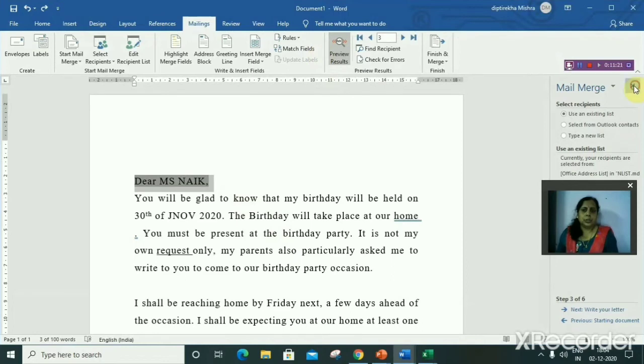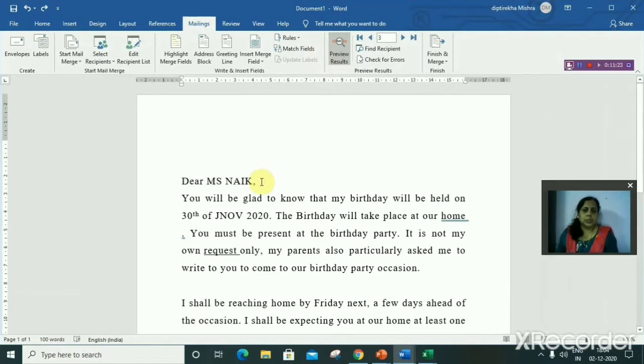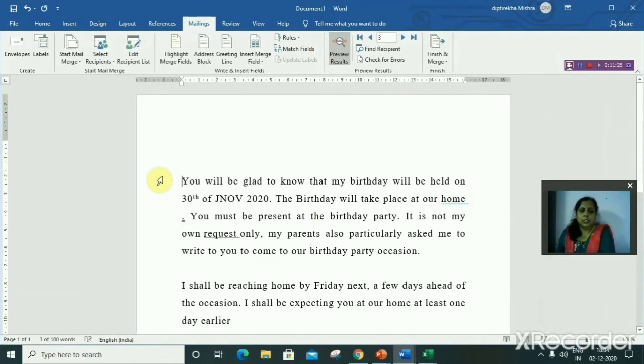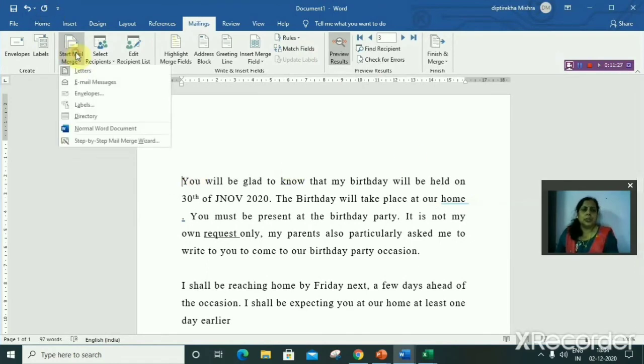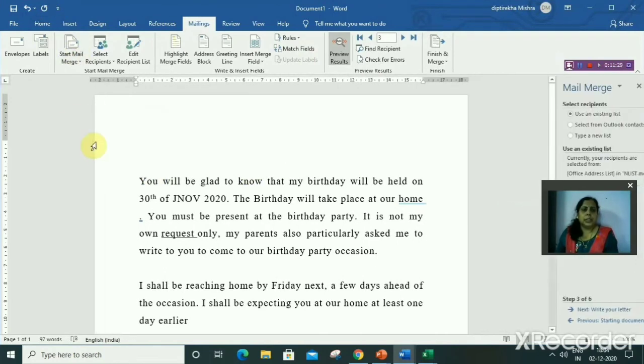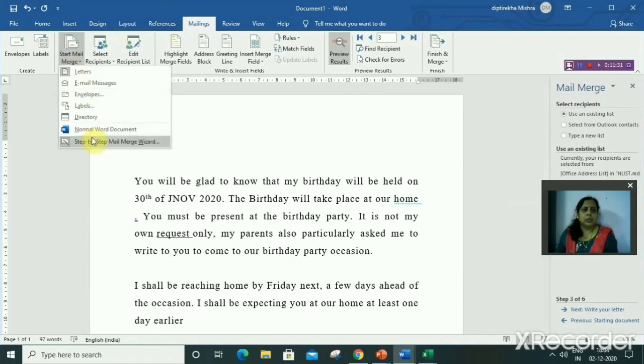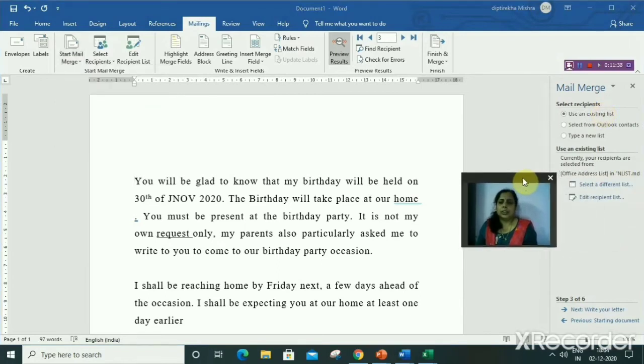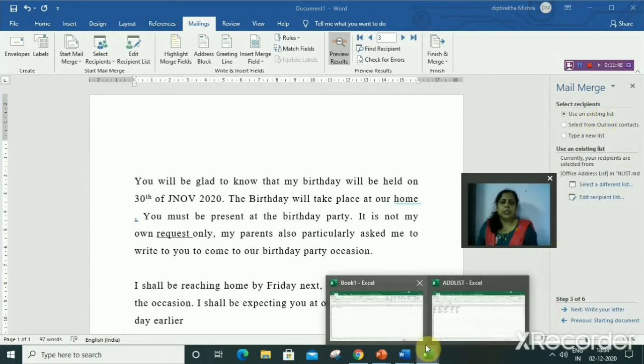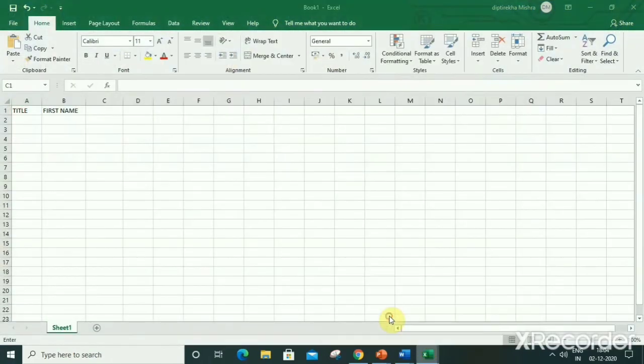So from starting mail merge, step by step, again I have to follow the step by step wizard. Then here use the existing list. Okay, so we have to save the list, the Excel list.